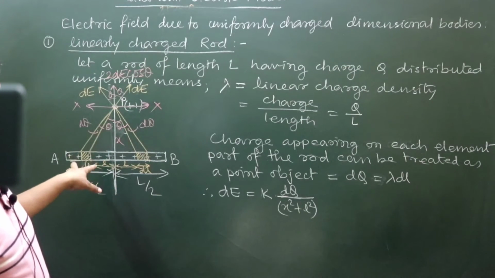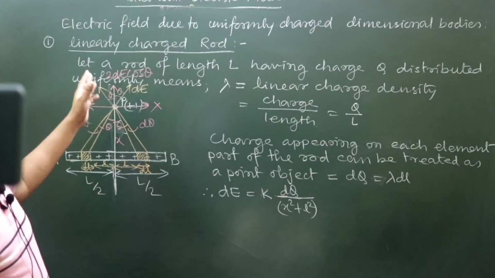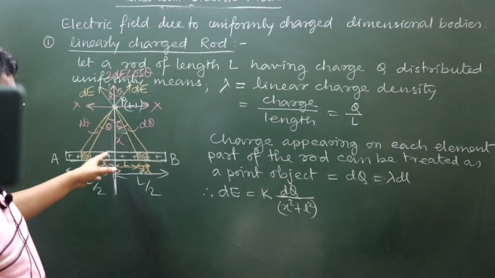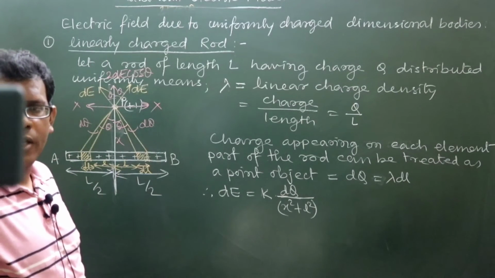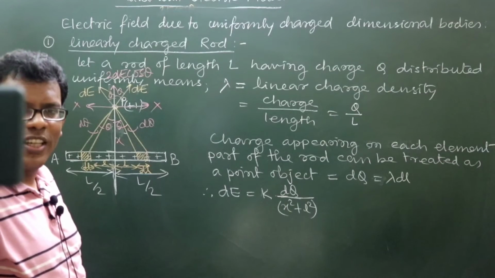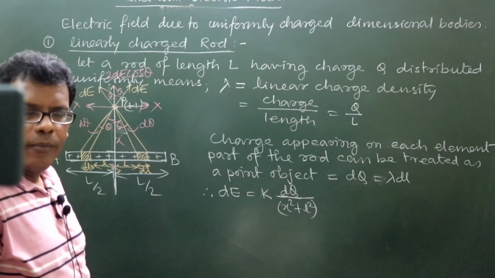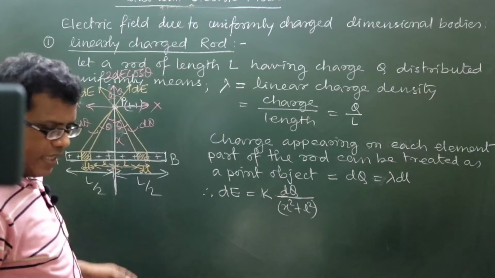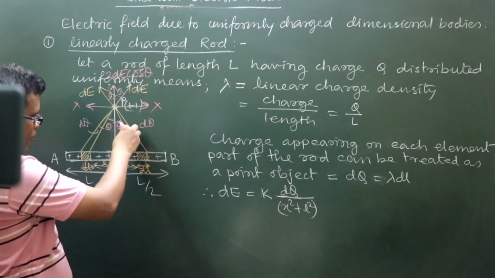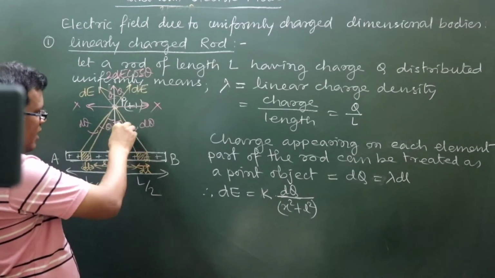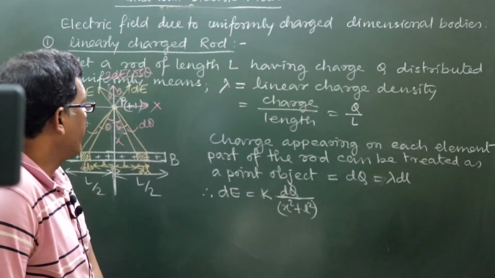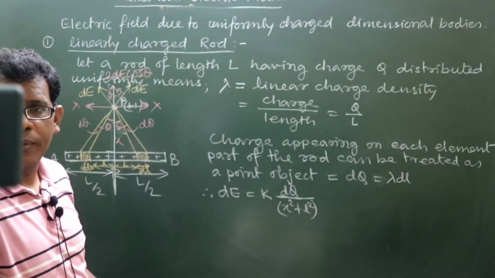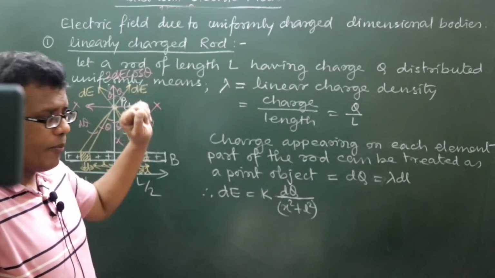For all these pairs of elements possible on either side of the symmetrical line, that is the line of bisector, the effect for every pair will be in the format of 2dE cos theta only. The values will definitely differ, because this separation length will keep changing, and theta will also change. So obviously the value of 2dE cos theta will be different, but they will all appear along the line of bisector.